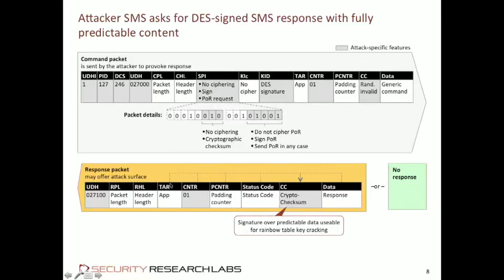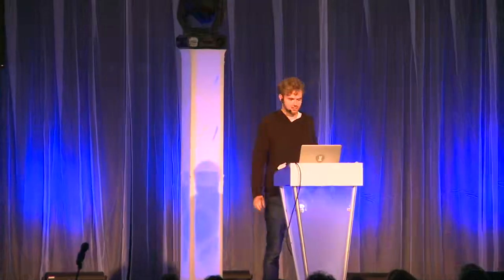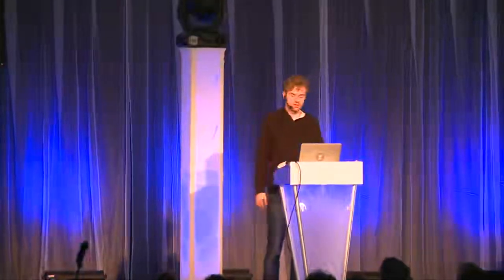So 5 fields, 1, 2, 3, 4, and the 5th at the end, are either chosen or static, and only those go into the crypto signature. So somebody can choose the entire message now, and then compute the rainbow tables. Right? So a lot of design decisions influence this here, that now it's not the $1 million machine anymore, but it's a single computer to break one of these keys.